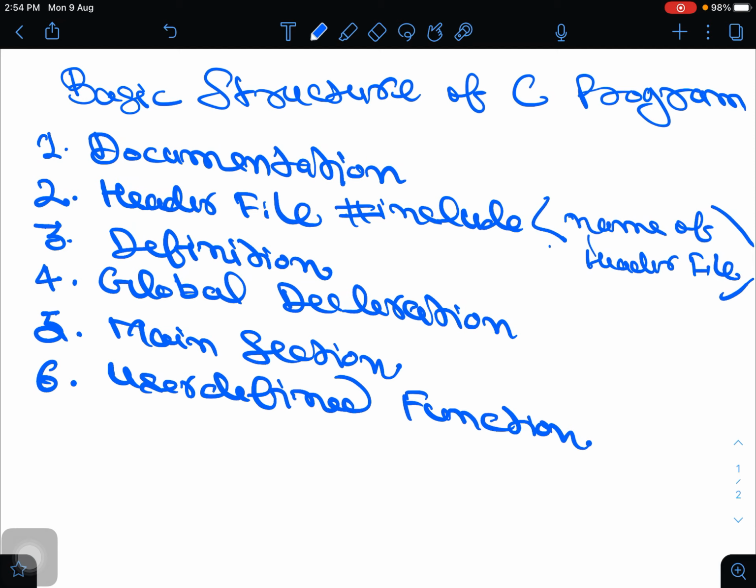So we can say the basic idea is that after using header files, we require to close header files. Concept you can see here.